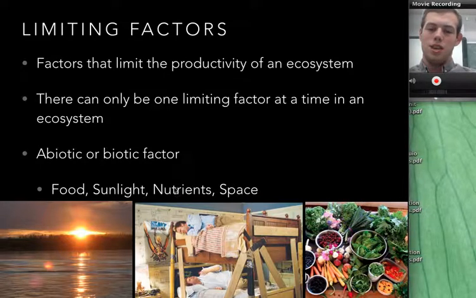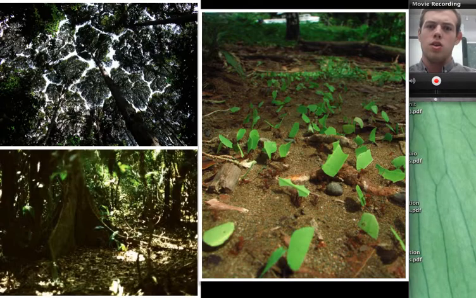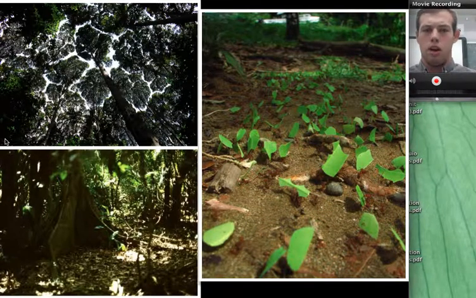So these types of things are examples. There are more than this. Don't just limit your limiting factors. But yeah, abiotic, biotic, and there are ways to test these. So let's take a quick look at an example of limiting factors in the ecosystem, how this affects the productivity of the ecosystem there. So if you guys think about a rainforest,